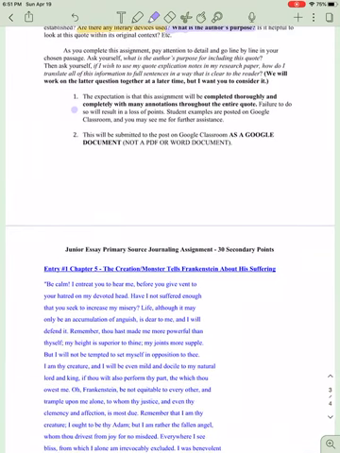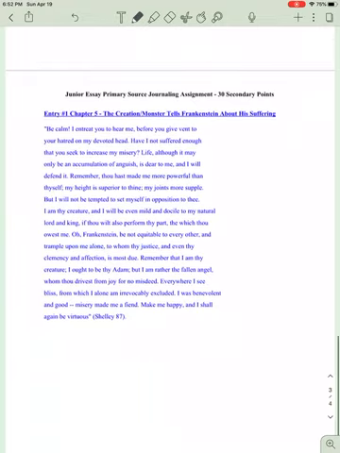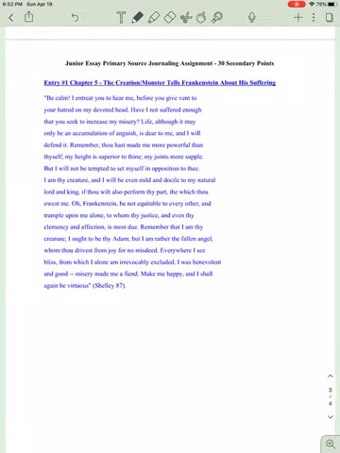And again, you're going to submit this to the Google Classroom page. You can actually ignore this. If you want to submit it as a PDF, I'm totally fine with that. All right, so let's explicate this quote. Now,